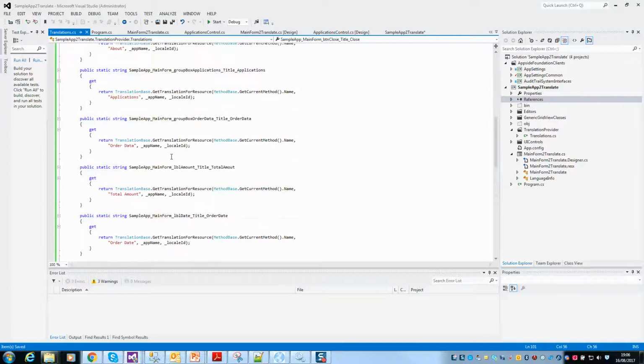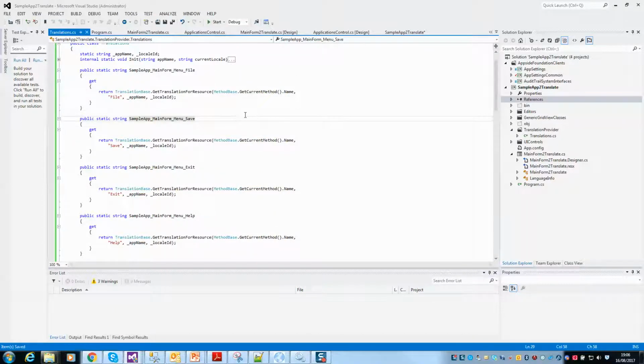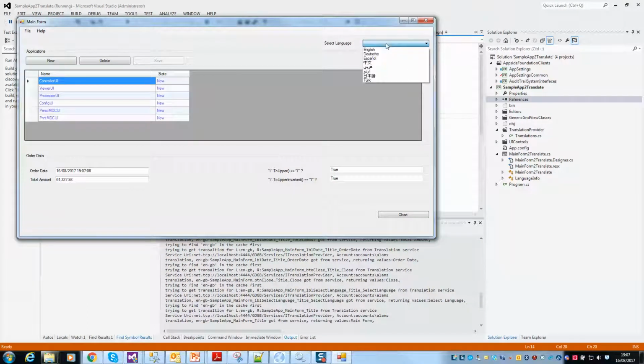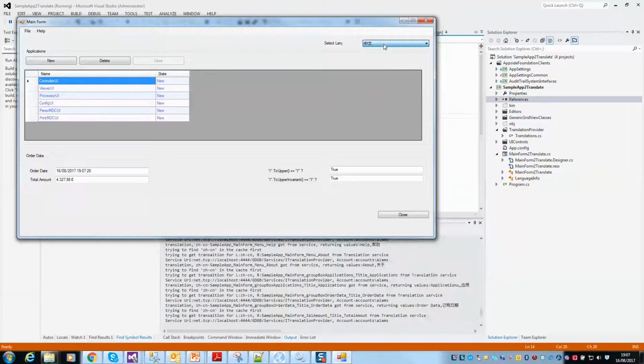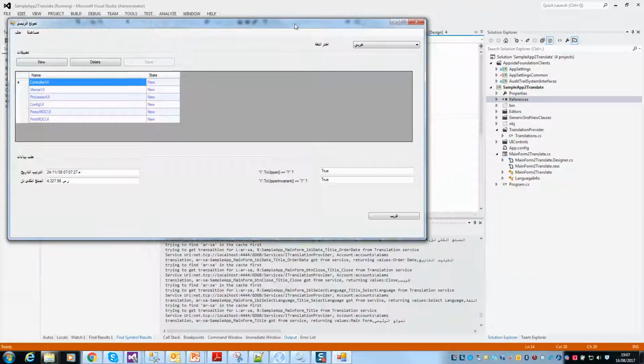So now I have completed all the properties, and now the integration of this class with the backend system, the foundation service, which will provide the translation for all these resources that we need, is done, and we can test it now. So if I select a different language, we can see some of the stuff is translated, because I already have these messages added at the backend in the service. But initially,